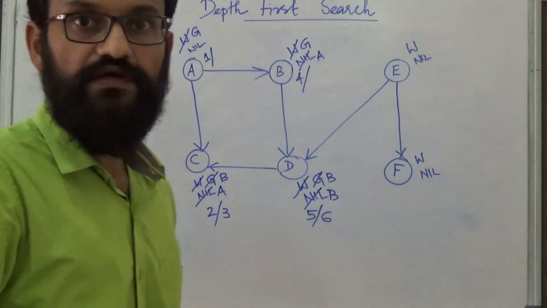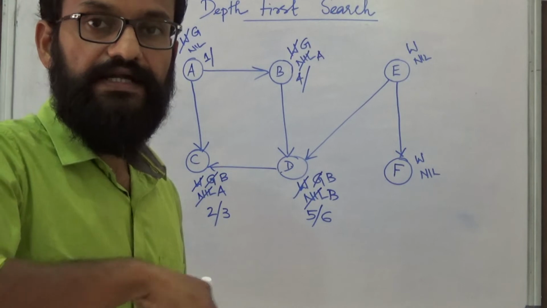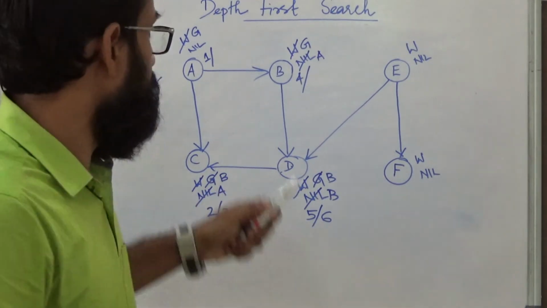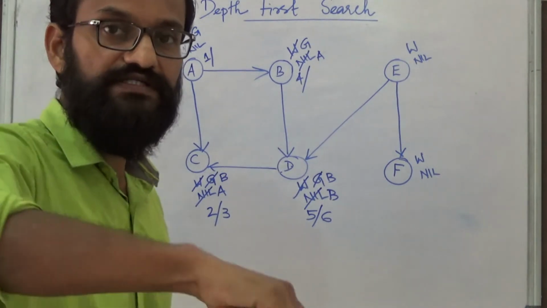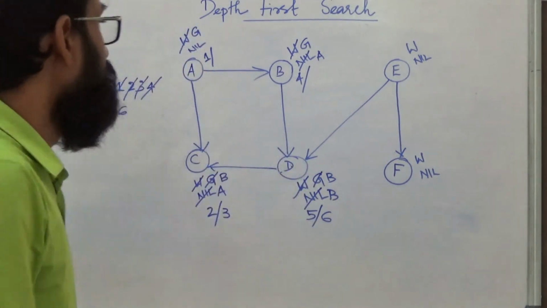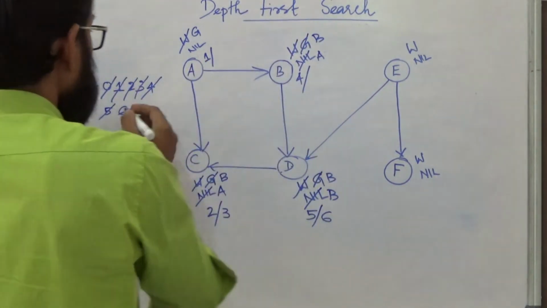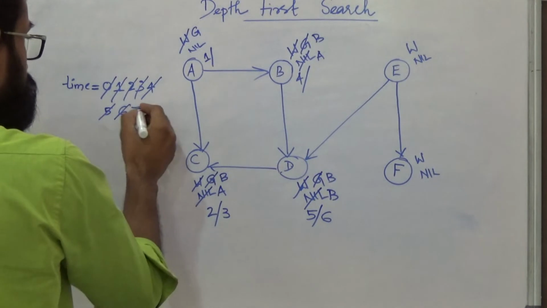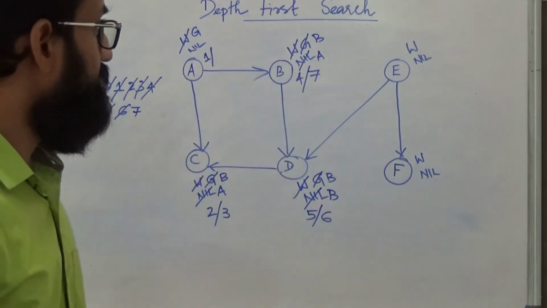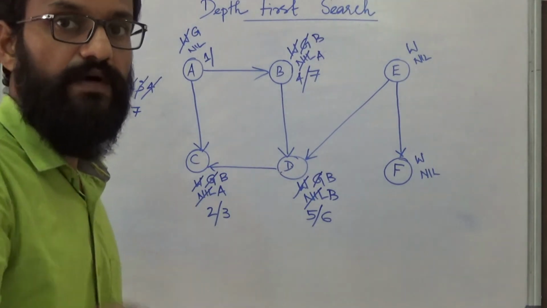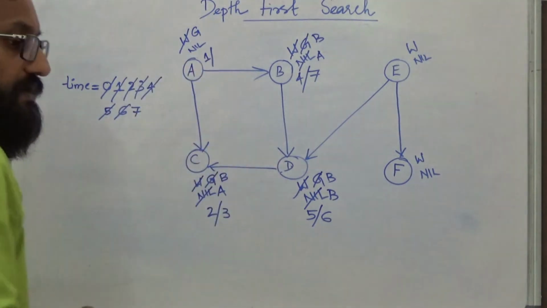From B you will be checking whether you can move to an adjacent undiscovered vertex. As far as B is concerned, you have completed discovering all the vertices that are reachable from B. So finish this node, change color to black, increment time by 1 and fix that time as the finishing time. And once after finishing a node, go back to its predecessor. As far as B is concerned, its predecessor is A. So go back to A.